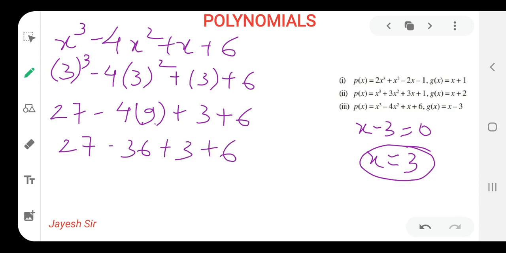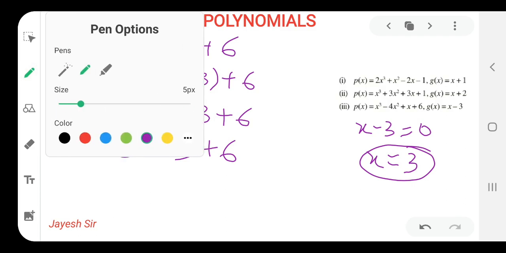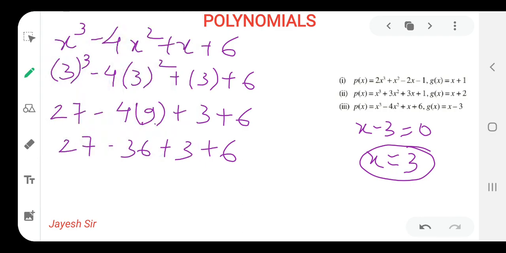Now what can we do, friends? First we will calculate the total amount I am having in my pockets, because I need to give 36 and I am not having that much in any single pocket. So first I will count the total money in my pockets. In my first pocket I am having 27 plus 3, 30, and in another pocket I am having 6. That means in total I am having 36. So I am having 36 in total and I want to give 36 only. So our answer would be 0. Then I would be left with no money. I hope you all are getting it. 36 minus 36 is 0, as we all know.